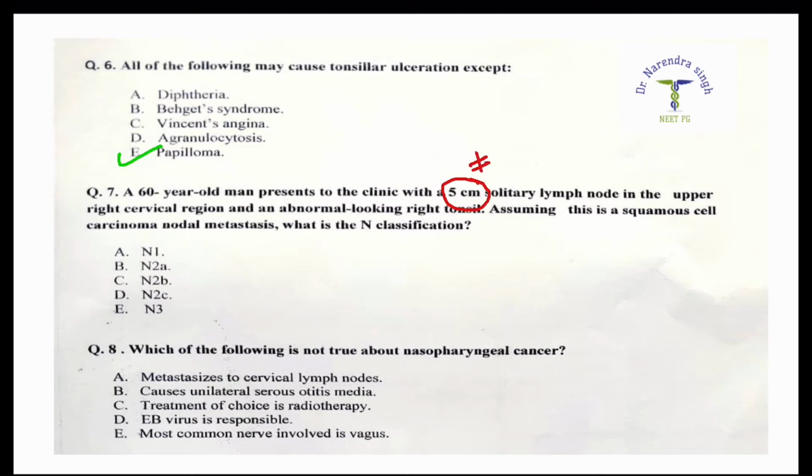The dimension of the lymph node is very, very important in this question, and the answer lies in this only. In the upper right cervical region and abnormal looking right tonsil. This was the second catch in the question. Assuming this is a squamous cell carcinoma nodal metastasis, means the patient